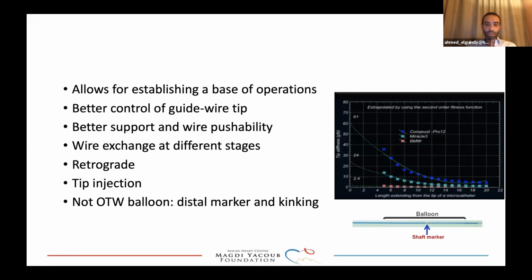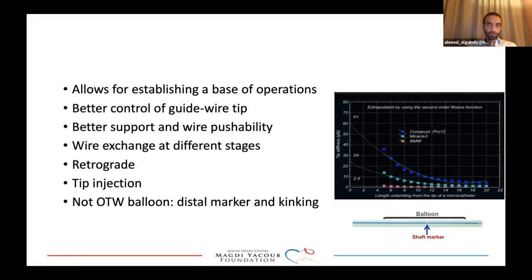It enhances support and wire pushability, and you can see how a Conquest Pro 12 or a BMW would behave with an exponential increase in support the closer the tip is to the microcatheter. It will allow for wire exchange at different stages, which is something you will require. Obviously, you can't do retrograde without a microcatheter. It can allow for tip injection, which is important either for determining anatomy or resolving course ambiguity, or occasionally for